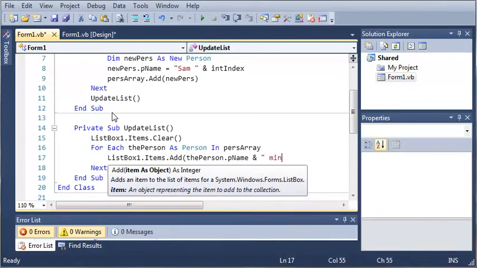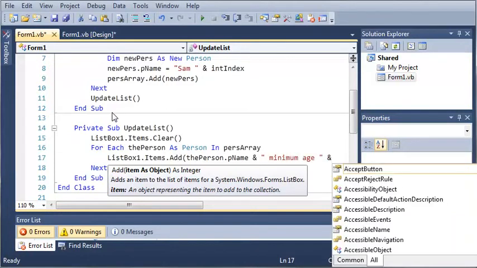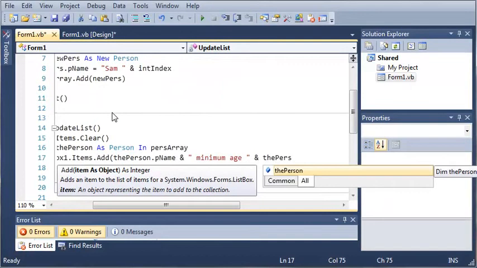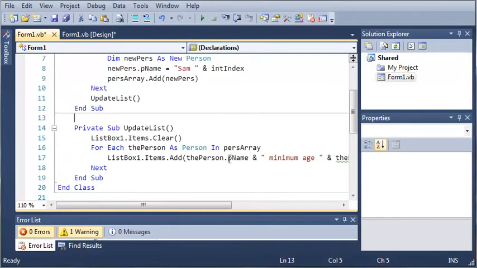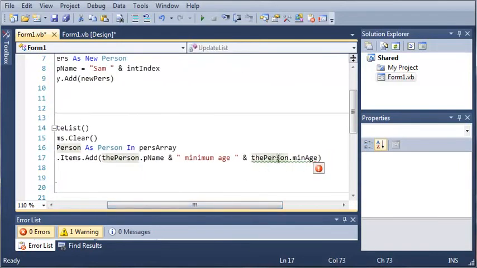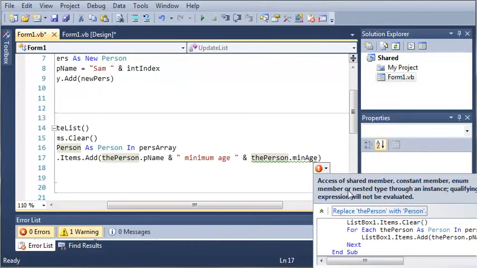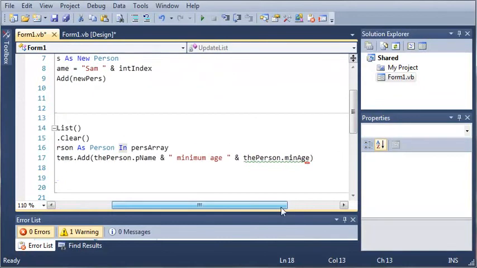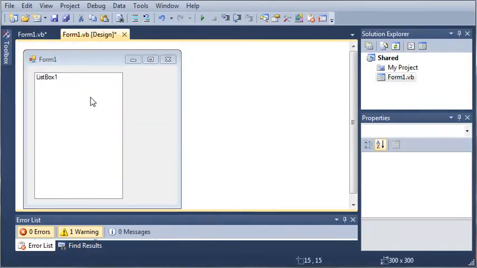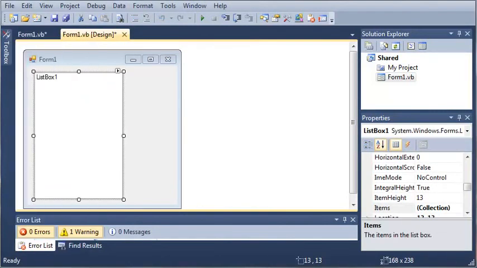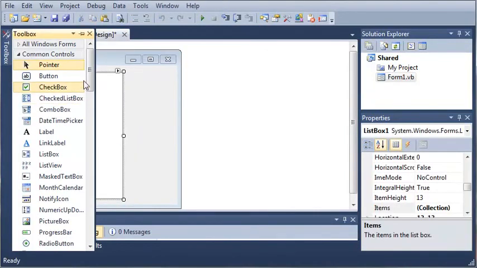Or we'll add minimum age, and we'll add the person.min age. Let's ignore this warning right here because it's going to work either way. So let's come back over here to our form1.vb and let's add a